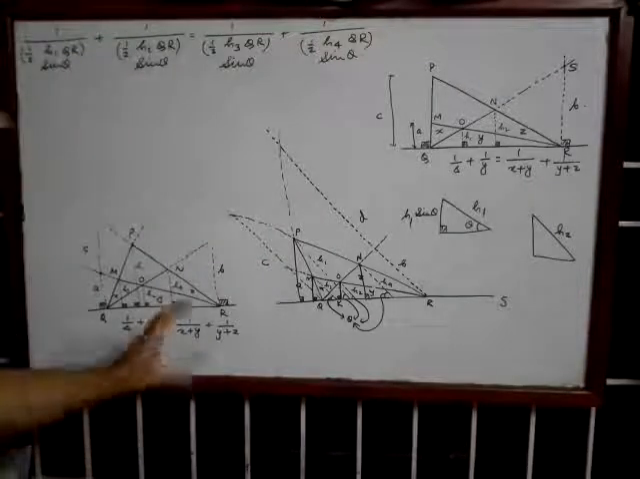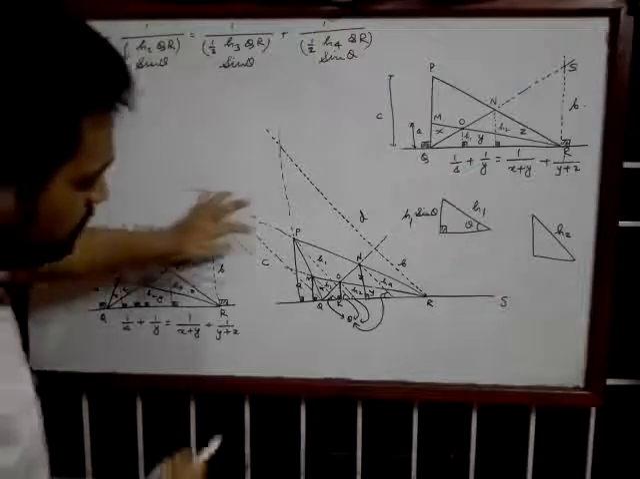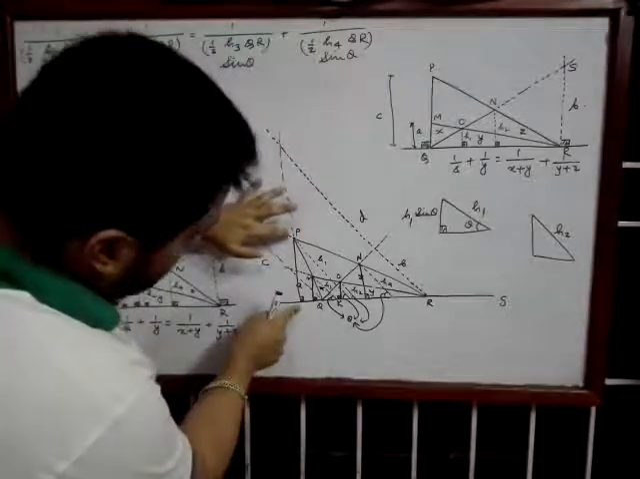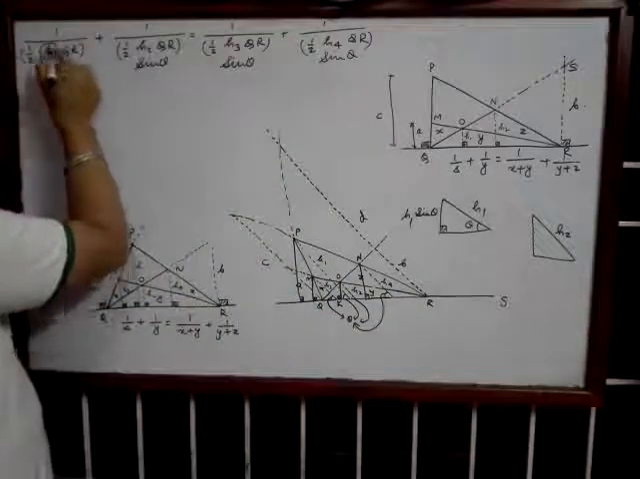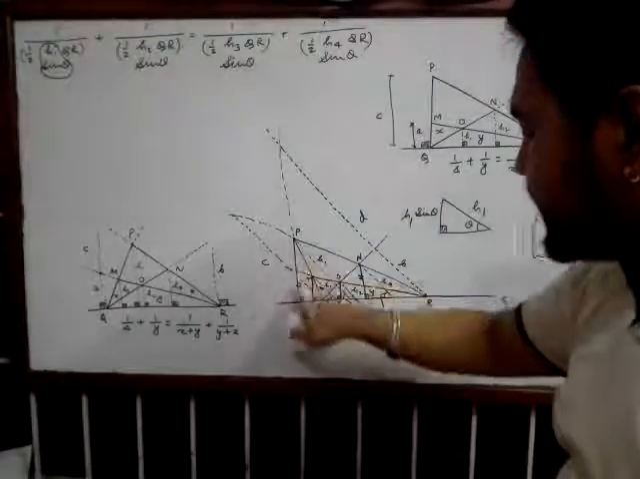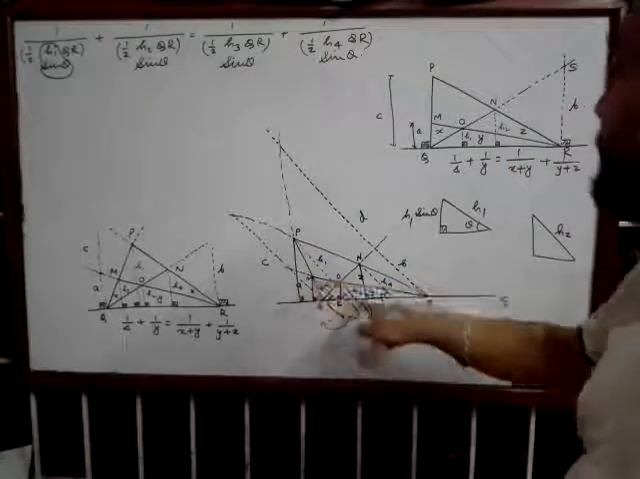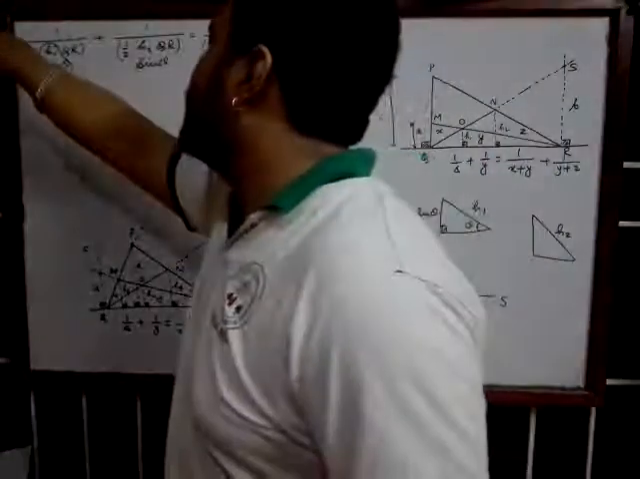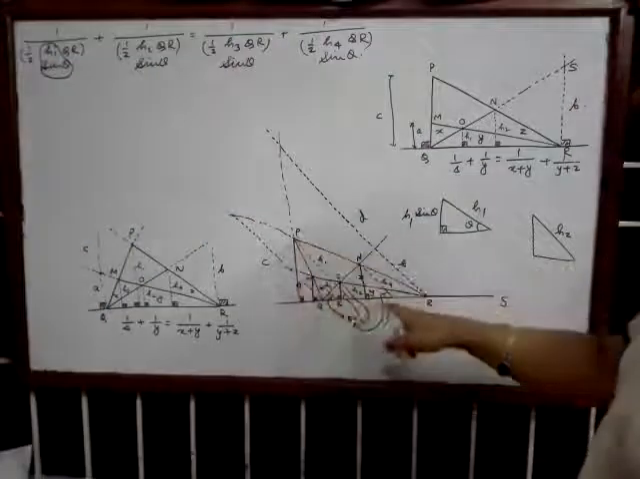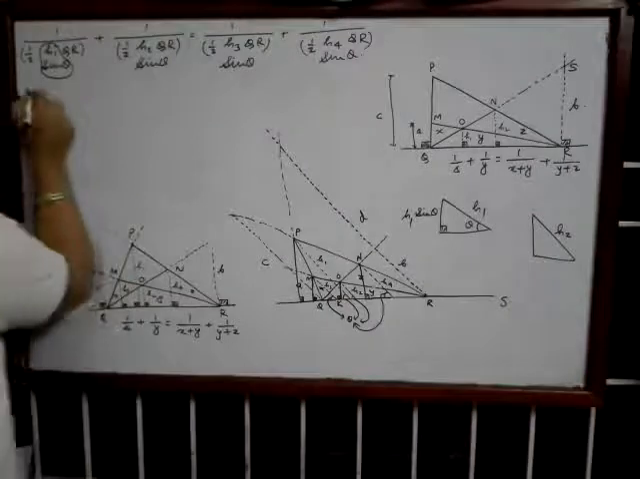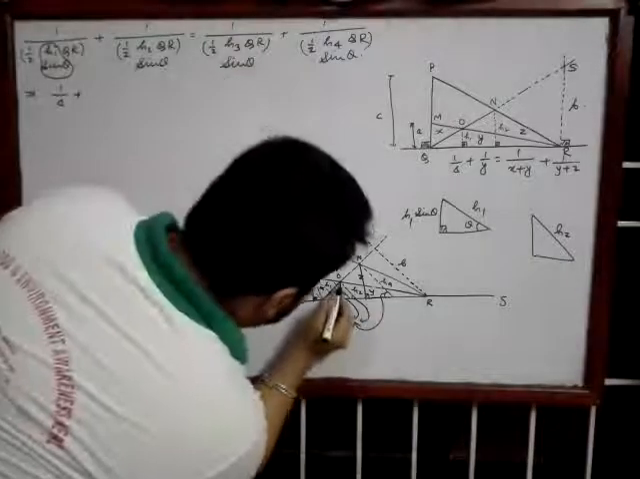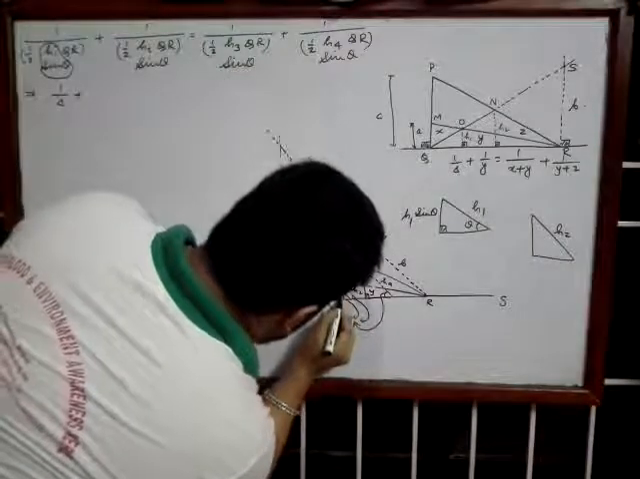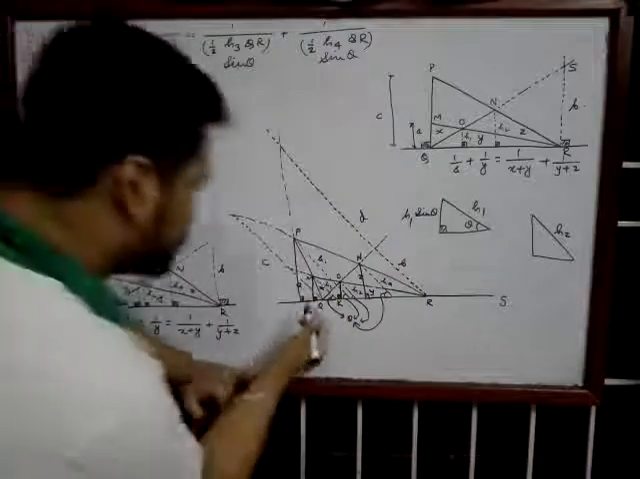Now let's see. H1 sine theta means this altitude times QR. H1 sine theta into QR means base into height, and we also have half over here. So this is the area of triangle PQR. Okay, so we have 1 by delta plus H2 sine theta. This is H2 sine theta. This is H2 sine theta. Okay, H2 sine theta, and